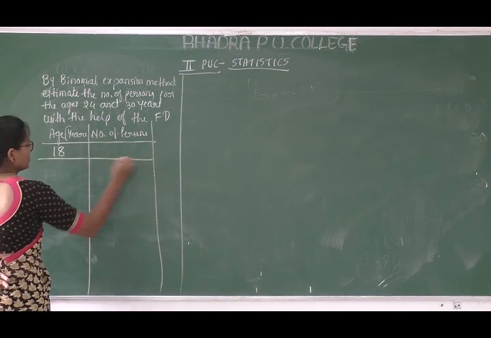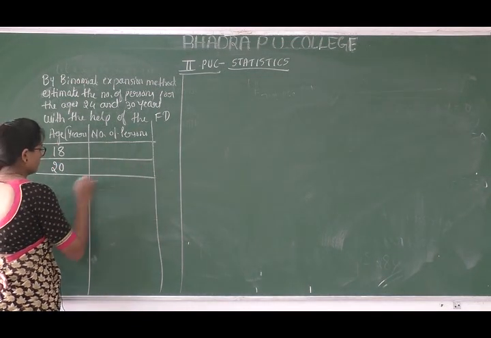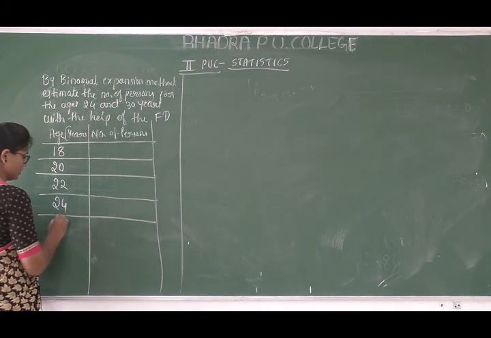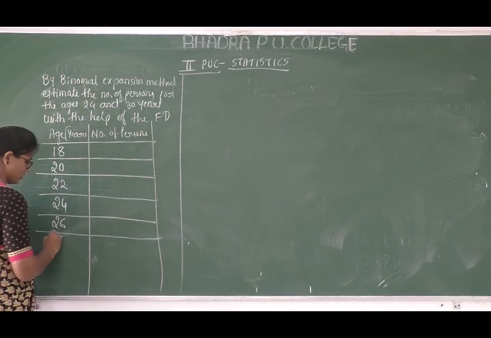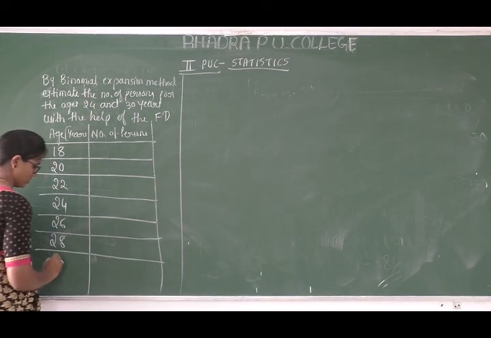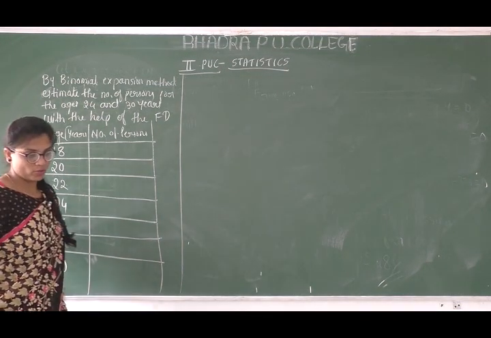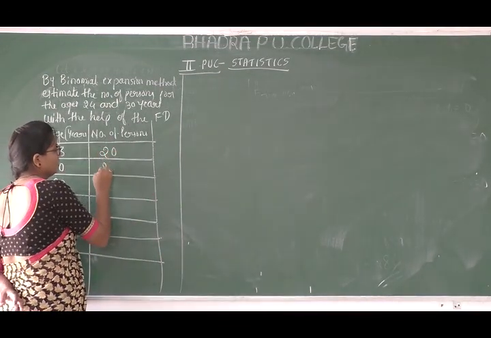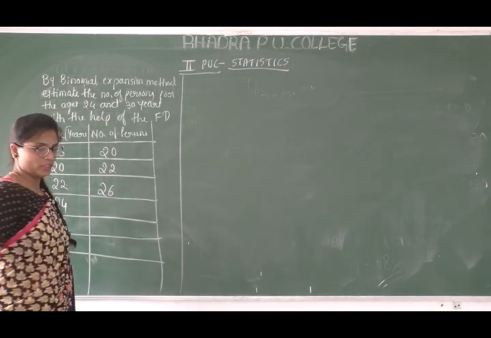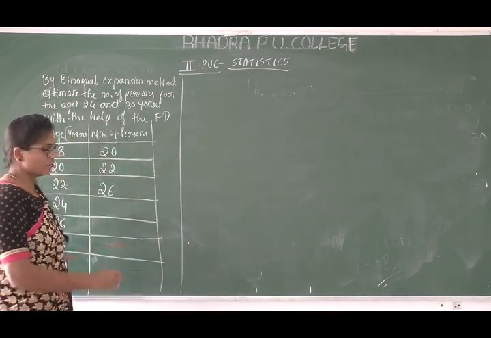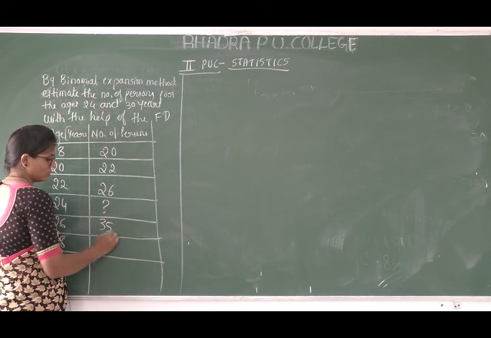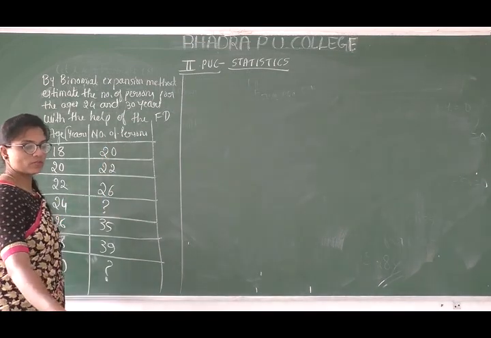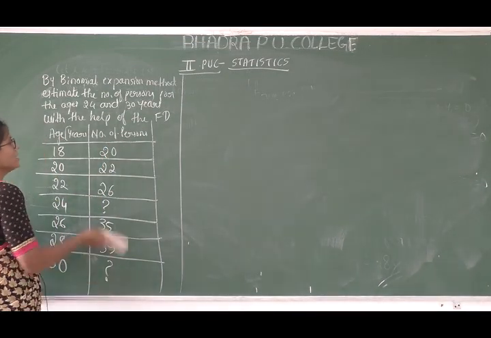18, 20, 22, 24, 26, 28, 30, and the number of persons we have 20, 22, 26, question mark, 35, 39, question mark. So this will be the number of persons. Let x and y be the age and